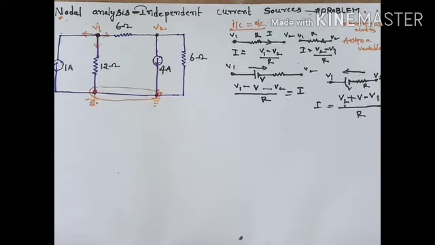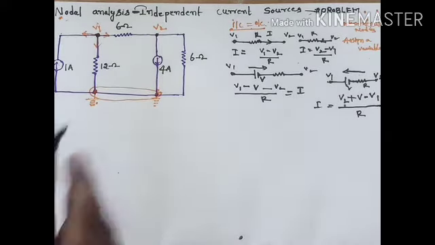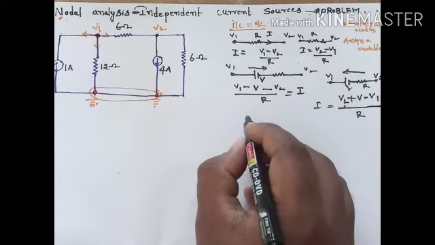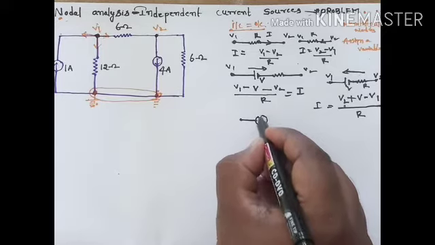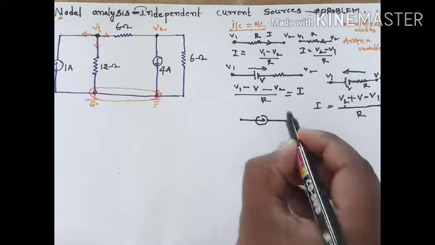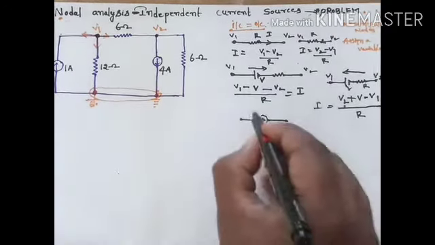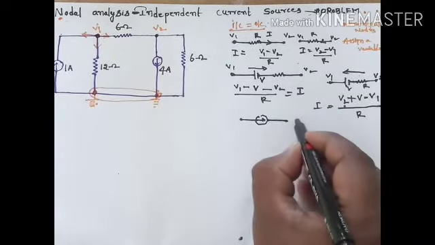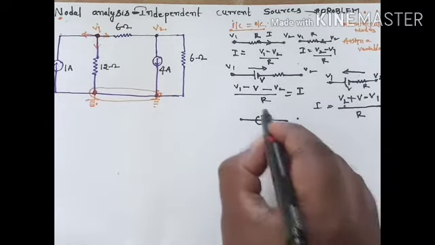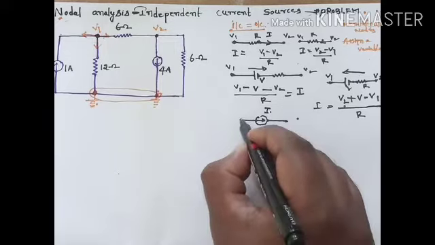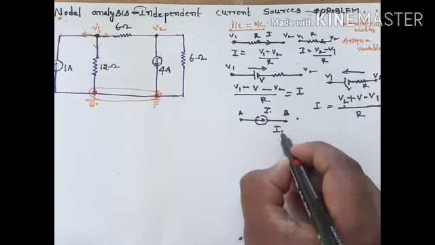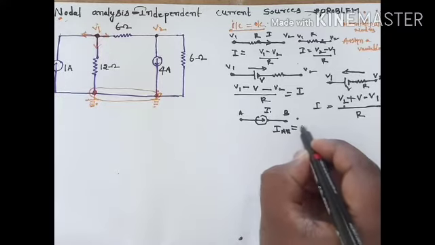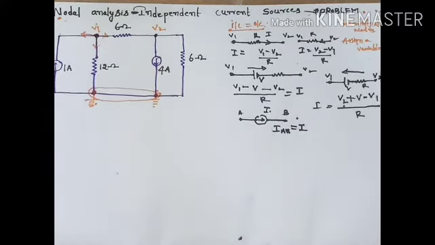And now, come to the point, if we have independent current sources like this, and so we will take current I. So now this is point A and this is point B. So current flowing through this one is IAB. So now finally we are able to write like this, isn't it?